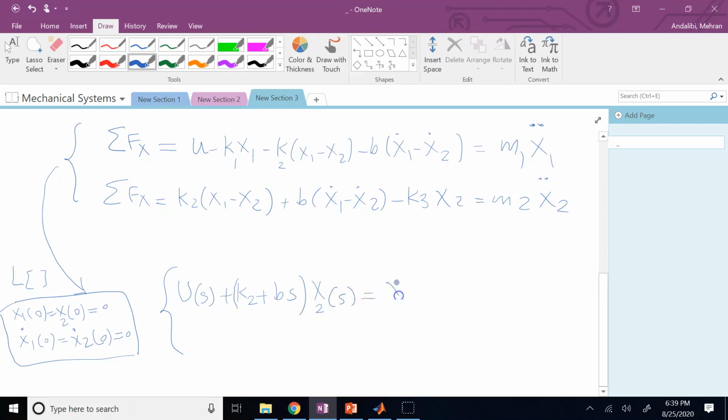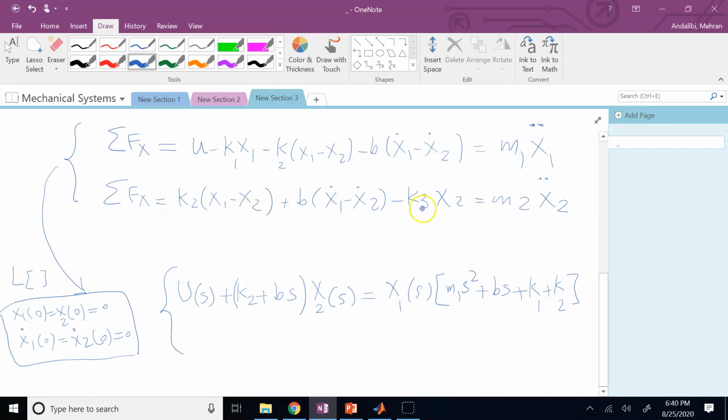And on that side I have X1 of s times m1 s squared, then negative k1, negative k2,